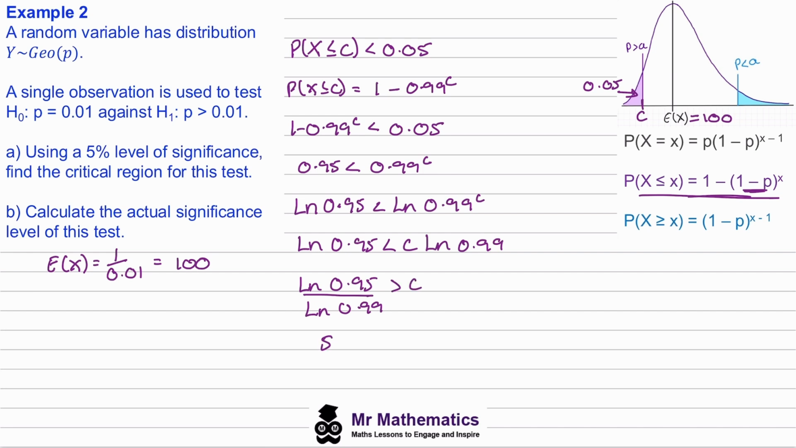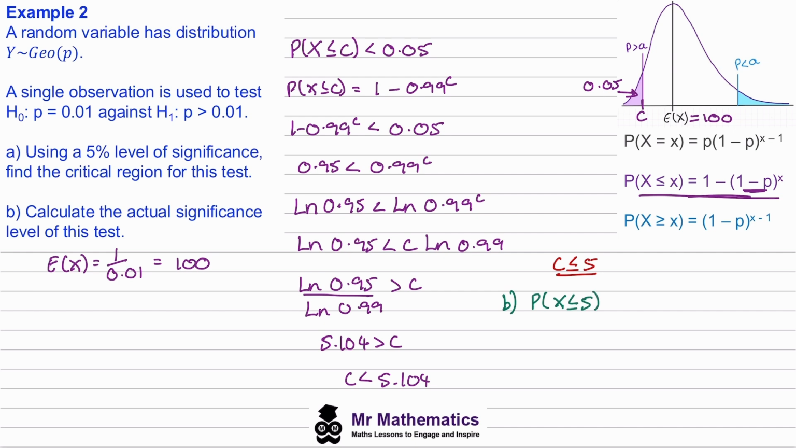So we get 5.104 must be greater than c, or c must be less than 5.104. But we know that c has to be an integer, so our critical region will be that c is less than or equal to 5. Okay? And then to find the actual significance level, we need to find the probability of x being less than